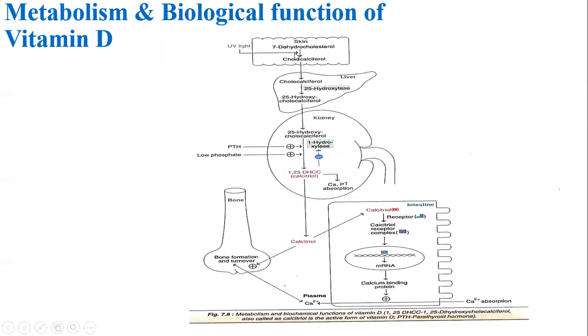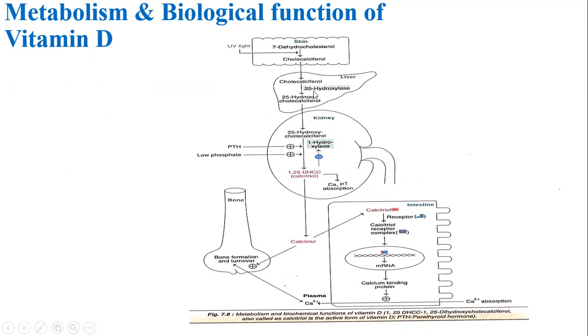Now we will discuss the metabolism and biological functions of vitamin D. In human skin, during the synthesis of cholesterol, 7-dehydrocholesterol is formed, and this 7-dehydrocholesterol is changed into cholecalciferol in the presence of sunlight. We can say that UV light changes 7-dehydrocholesterol into cholecalciferol, the provitamin form in animals, known as vitamin D3. Vitamin D3, that is cholecalciferol, then moves into the liver, and the